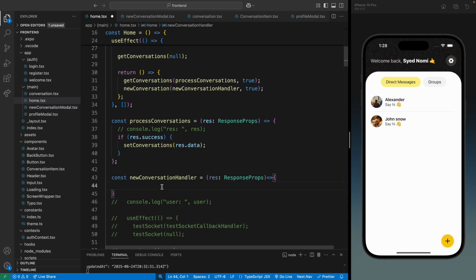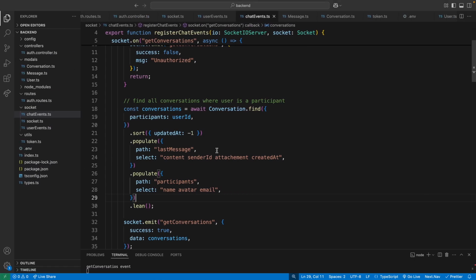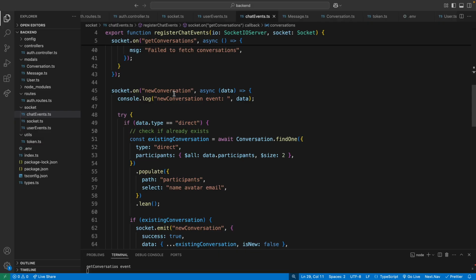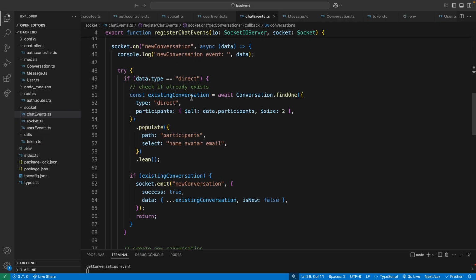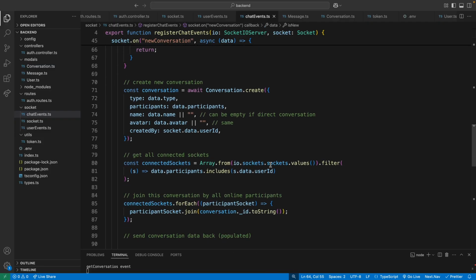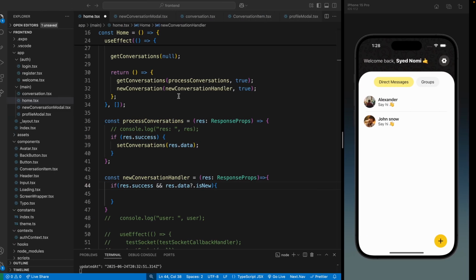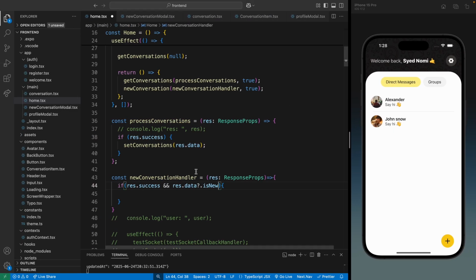So here first we're gonna make a check if result.success is true, and then we are also gonna make one more condition that if result.data.isNew is true, because this will only be for new conversations, and if there is a new conversation we are sending the data with isNew property. So if there is an existing conversation, isNew will be false, and for new one this will be true, like this. So based on this we can check if we want to update the conversation list or not,